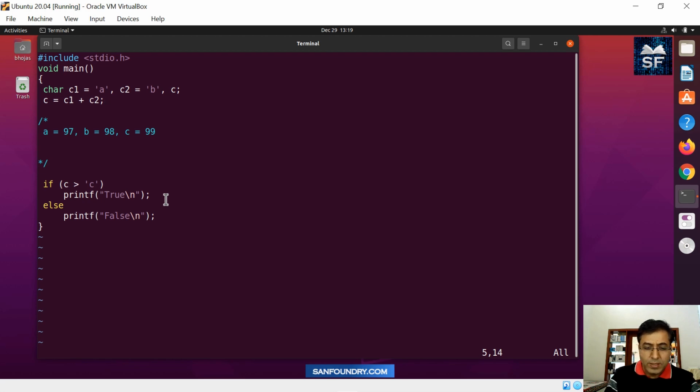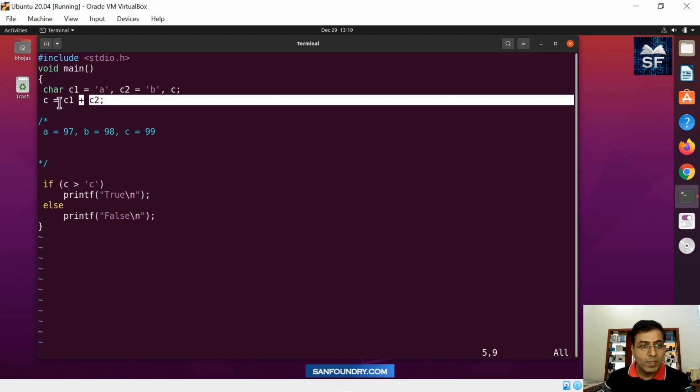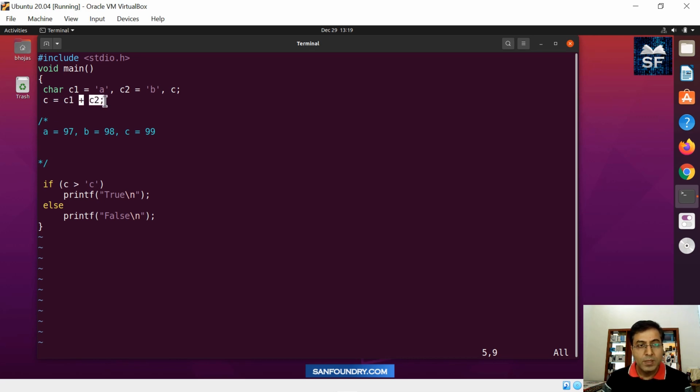There are programming rules that whenever we have an addition, what is an addition symbol? It's a plus symbol. It's an operator, and these two are operands, operands of character data type. So when you talk about addition of two characters, the compiler, or the language, has to think first.